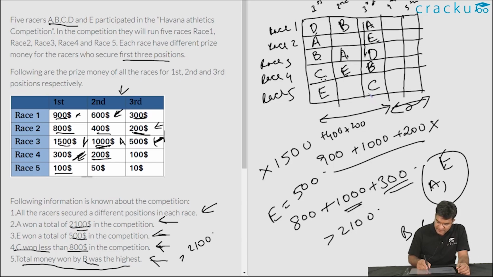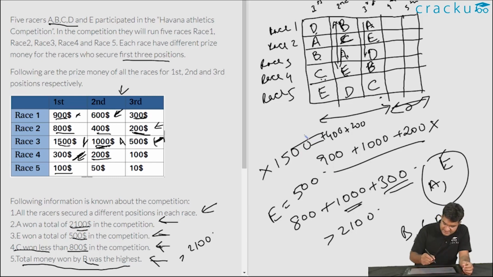Similarly, if you are trying to fill up C in the second column, C has to be in the second row, because C can't end up in the 5th row, because the third column already has C. Similarly, the last remaining square has to be D, because all the other letters exist here. So if we just fill this table up in a slightly neat manner, so that we can use it,